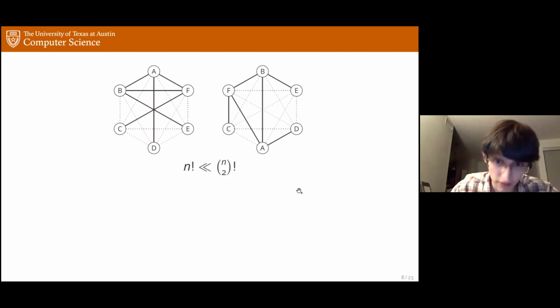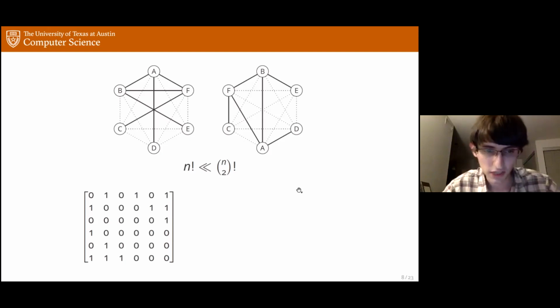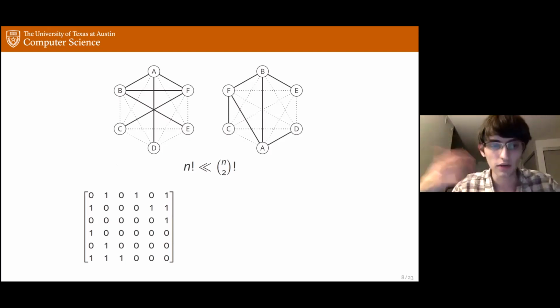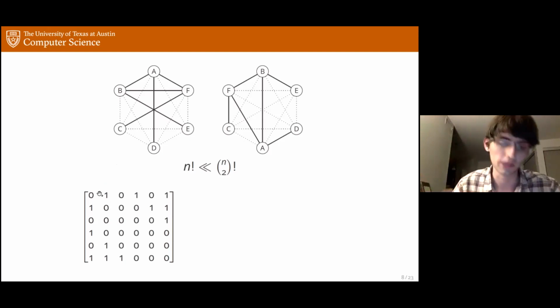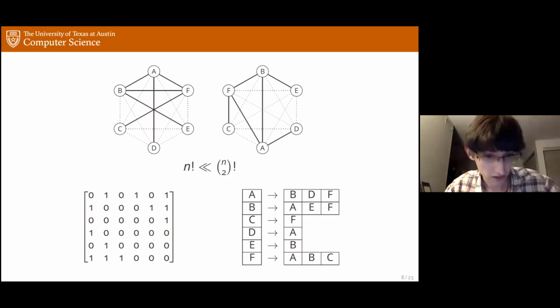Now, one thing that's important to note is that there's always 2 natural ways to represent graphs in the query complexity model. One is the adjacency matrix model, where you query a pair of vertices and ask, is there an edge between them? Or more generally, you can ask, what is the label of the edge between them? Which in this case would just be 0 or 1, if there's either no edge or an edge present. But of course, there's also the adjacency list model, where instead you just query a single vertex and you get back the list of